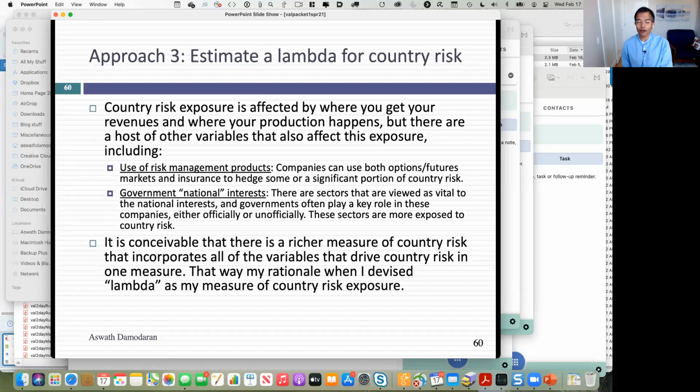And I had the annual report for both companies in my backpack. In those days, I didn't have a digital version. I actually had a physical version. So I open up the Embraer annual report. I start leafing through it. I come to a pie chart of revenues. And the pie chart shows 97% of the revenues come from outside Brazil, 3% from Brazil.